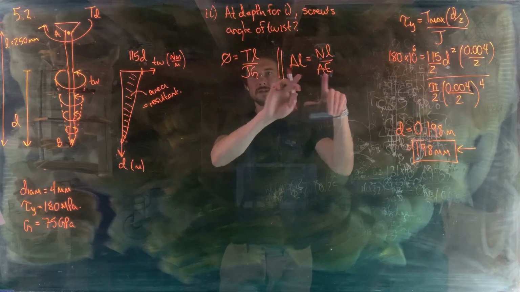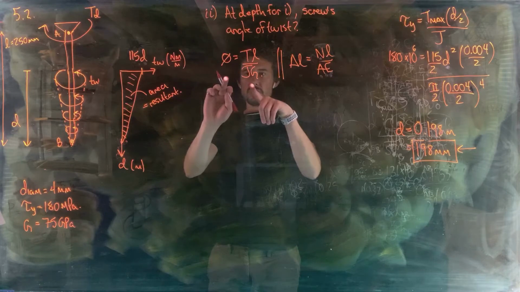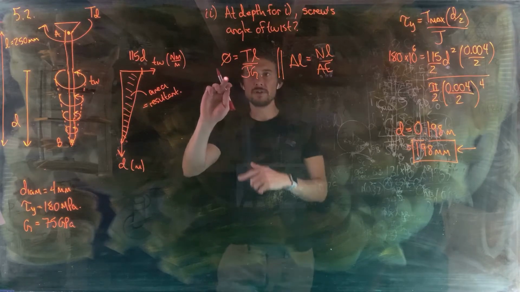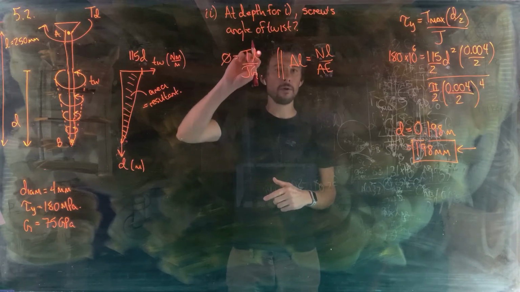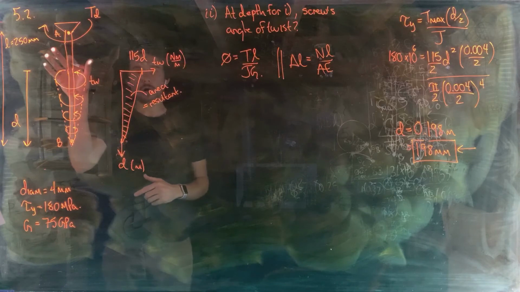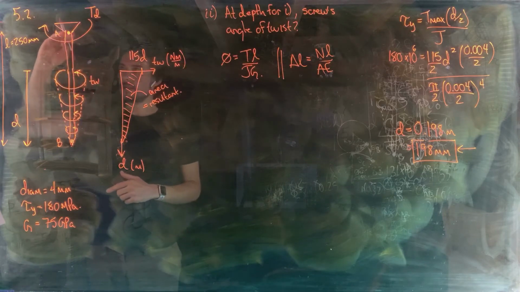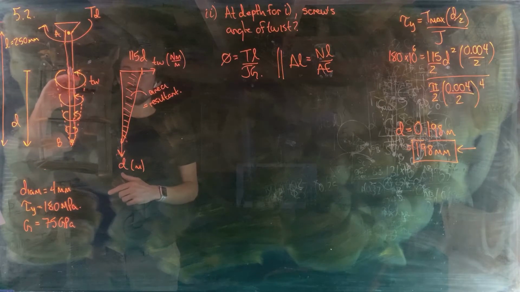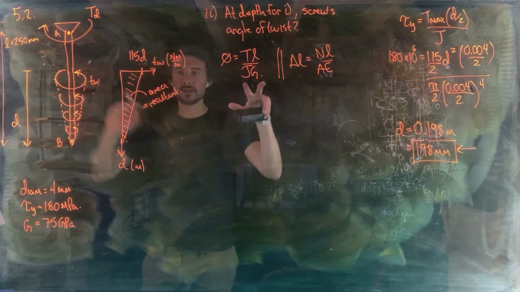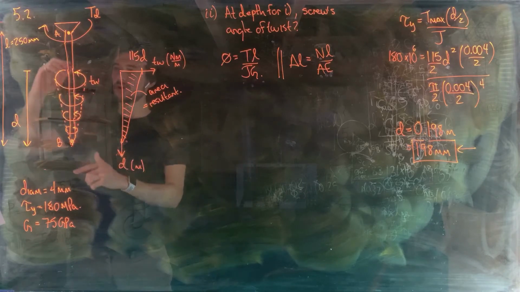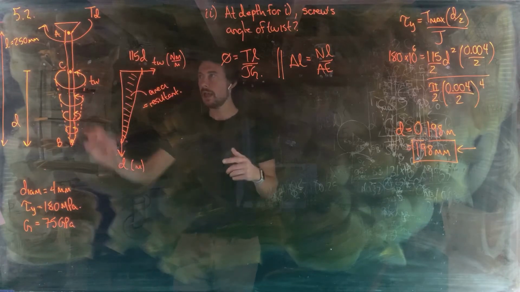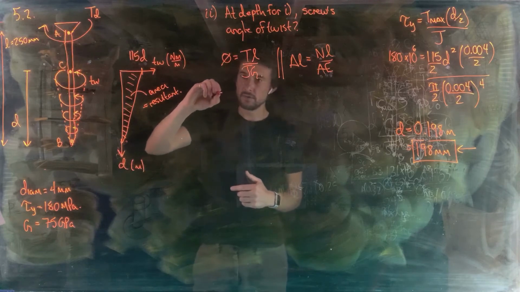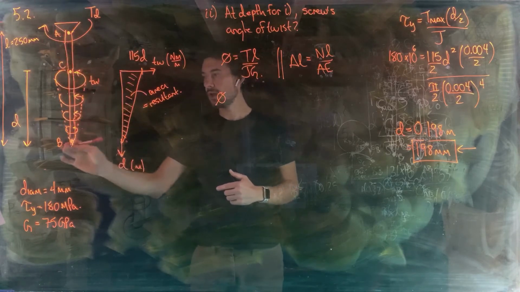Just like we did for axial deformation, we can only apply this equation to sections of an object that have constant values of T, J, and G over length L. So for our object here, because the applied torque changes over the length, we're going to have to break this up into segments. Specifically, we need to take a new intermediate point C here, and say that the total angle of twist of the screw, which is phi from point A to point B,